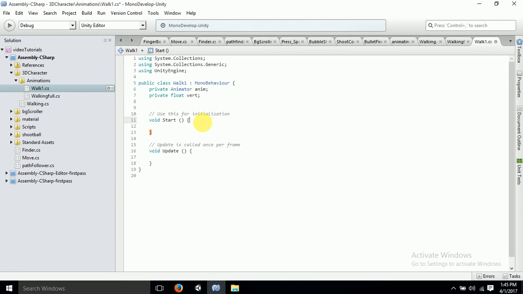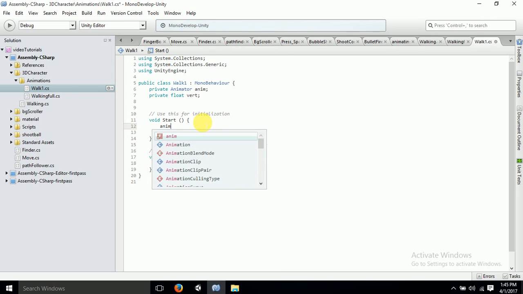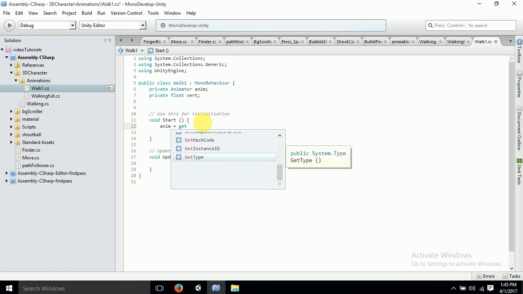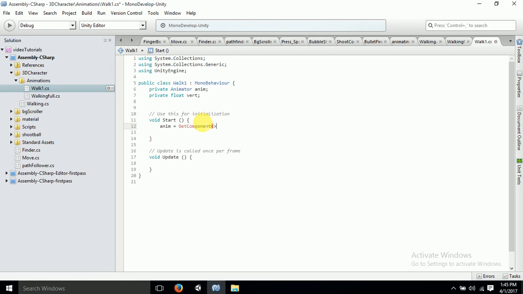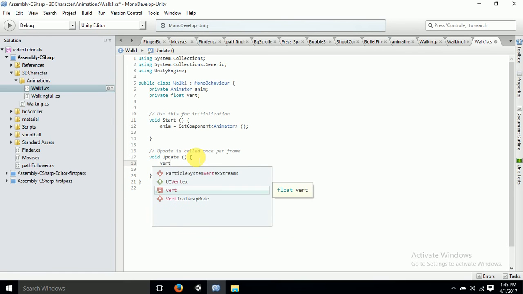Now, on Start we have to call the animator. We will fetch the animator which is attached to our character, so we will do it with the help of anim equals GetComponent Animator. So on Start it will take the animator which is attached to our character, and for the vertical movement we will be doing vert equals